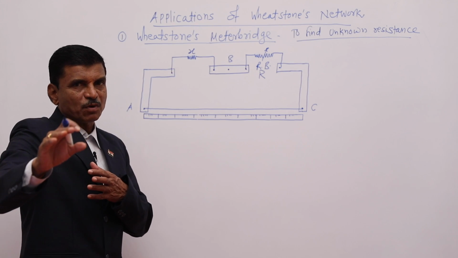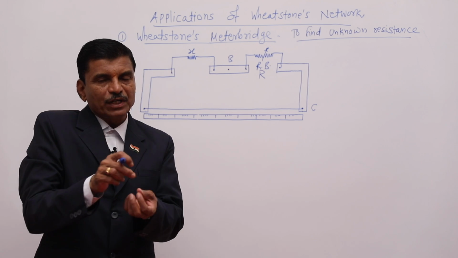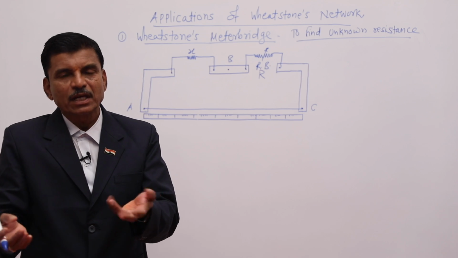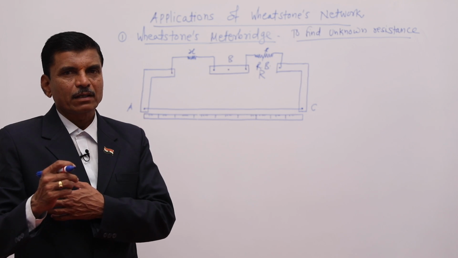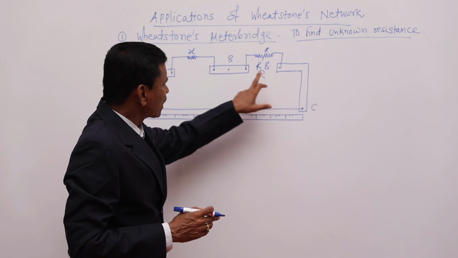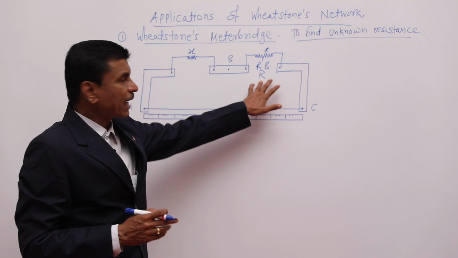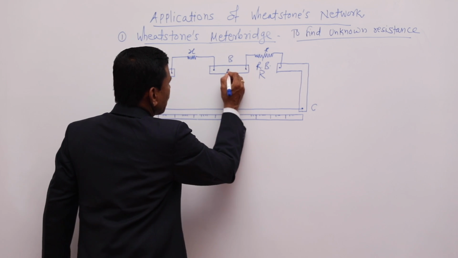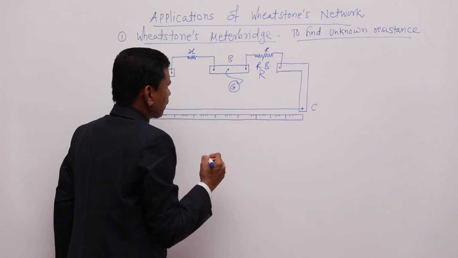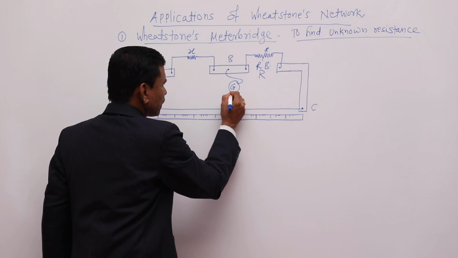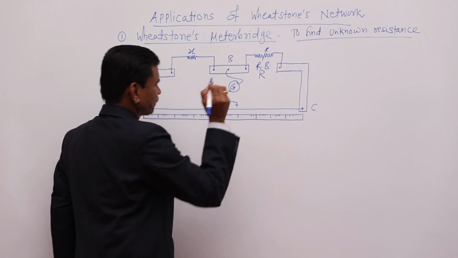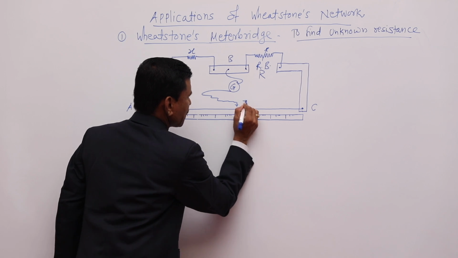You have seen a resistance box. There are a number of keys, and if we draw the keys of 10 ohm and 20 ohm, 10 and 20 will be in series and it will be 30 ohm. There are many keys on the resistance box. So let us draw a suitable resistance R in the right gap. Now from the central point B, a wire is connected with a galvanometer, and to the other end of the galvanometer we have connected a jockey. See, this is the jockey. I will denote it by J.